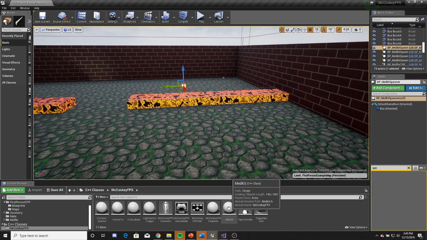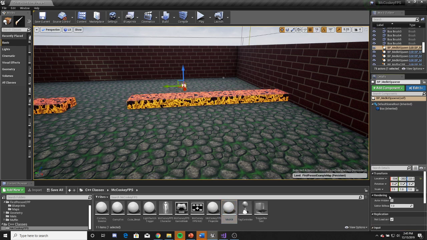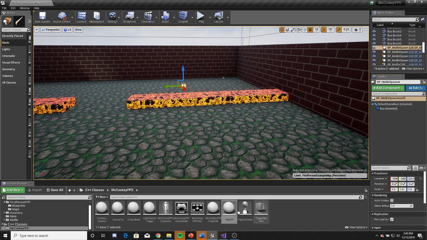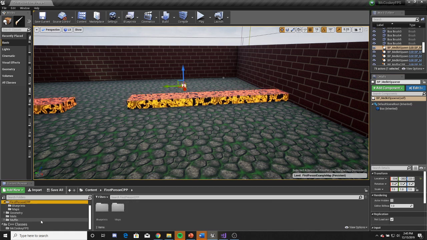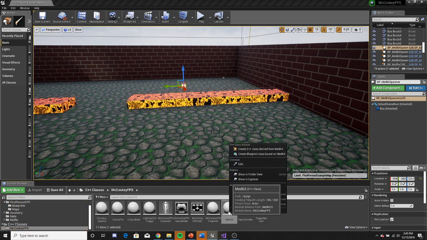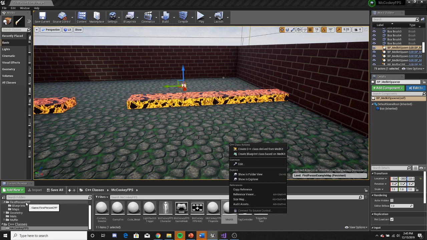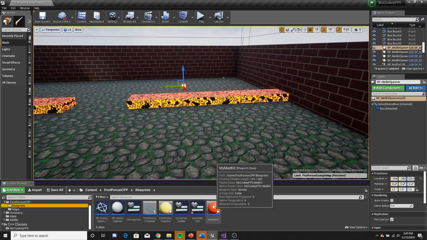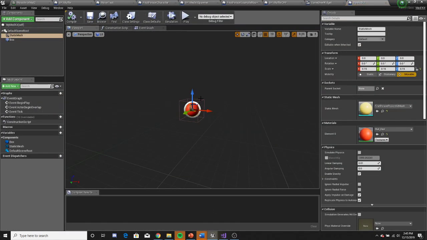So I could have created my own variables and put them out right here. But what I did instead was I right-clicked this, and then I created a blueprint class based off of medkit, and then I created my medkit. So this, my medkit now, when you look at it, it's got its own box